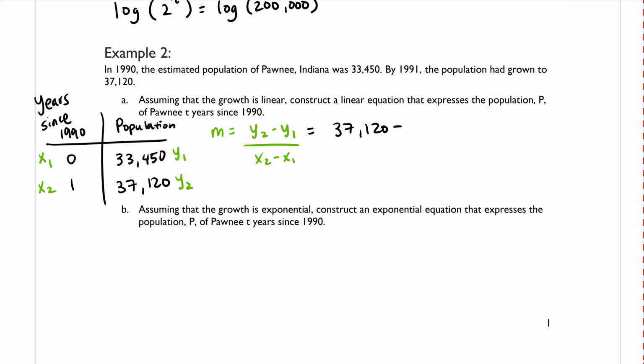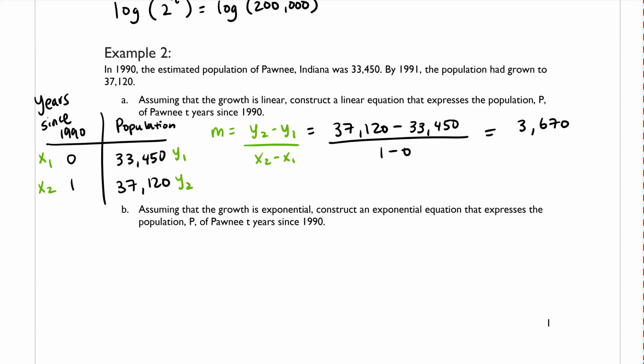37,120 minus 33,450 over 1 minus 0. And if I throw that into my calculator, I get 3,670. What does that number mean or represent in the context of this problem? That is the slope, and if we're assuming it's linear, that means that every year the population of Pawnee, Indiana is growing by